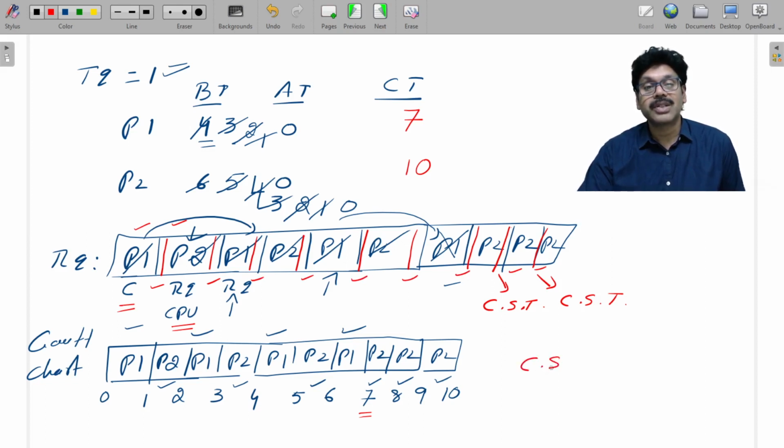Whenever context switches increase, the context switching time also increases. When the context switching time increases, the overhead increases. Process completion time becomes very